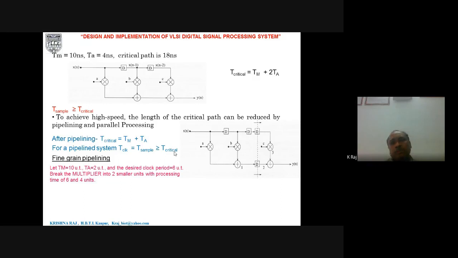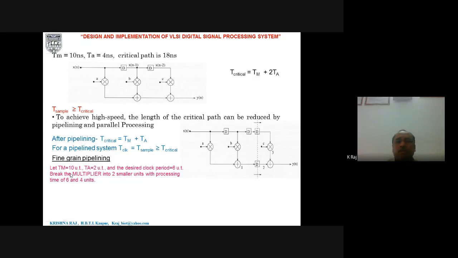One more concept after applying the pipelining is known as fine grain pipelining. In fine grain pipelining, what we will do is, the multiplier itself, the multiplier is nothing but the arrangement of the transistors. Now this circuit, including the different types of transistors, will be broken into two sections using the cut set algorithm, that is by introducing the energy storing devices, and then we will again analyze the critical path.